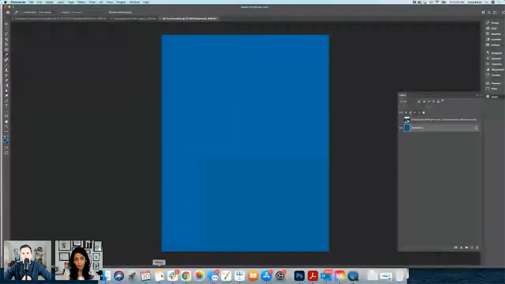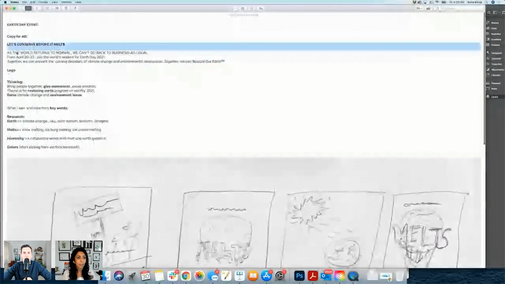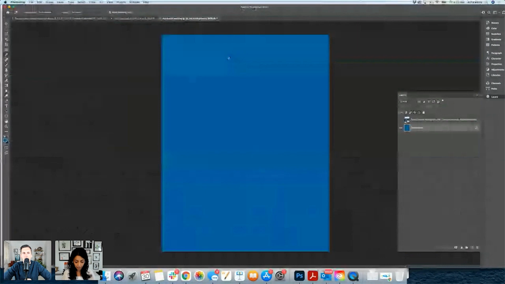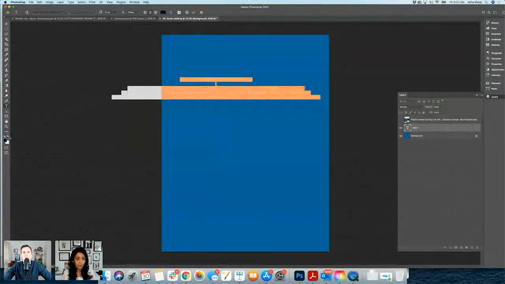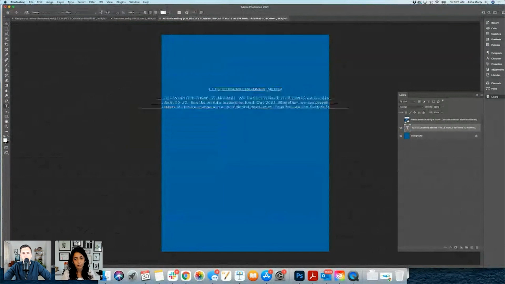The first step now, my ingredients are ready. So I'm going to take all this copy first, so I know how much space I have and how much copy I have. I'm just trying to place this. I'm not even thinking right now about the font, but I'm thinking, okay, this can be my headline.